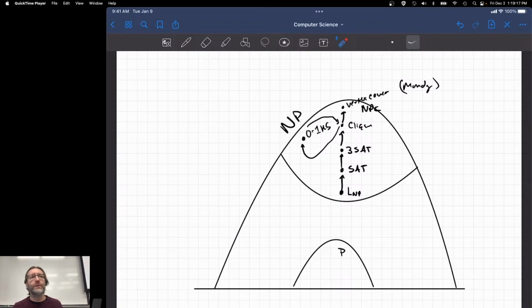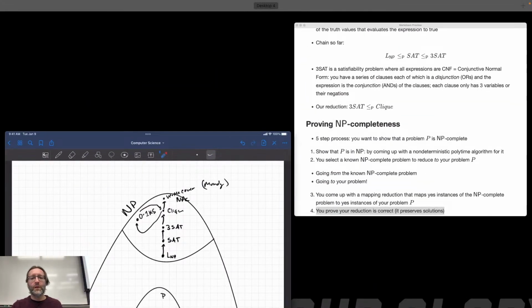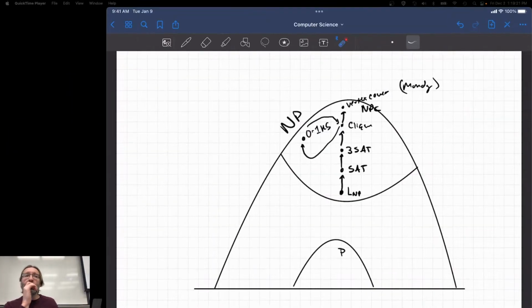Is there an application significance to NP and NP complete? Well, once you've established that the 0-1 knapsack problem is NP complete, should you try to brute force it? No, because that's exponential. If you haven't established that, well,